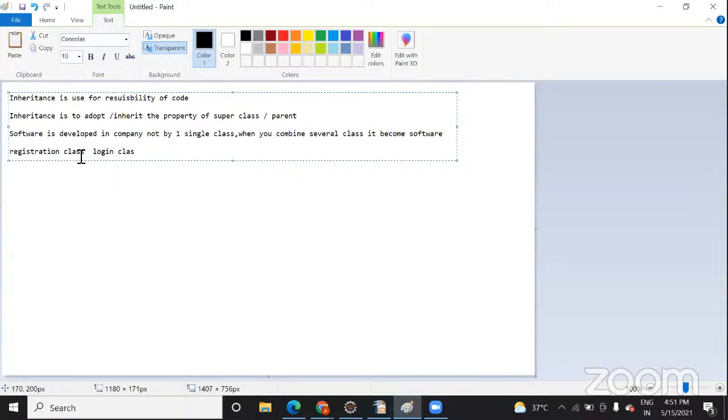Inside that Java file, you have one class, registration. Second is login. Third is creating profile, or you can say filling the details class. Fourth file is your payment. These are under one project only, and all these are different classes, for an online exam. You only think that whenever we develop any software in a company,